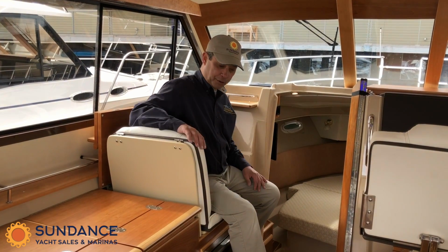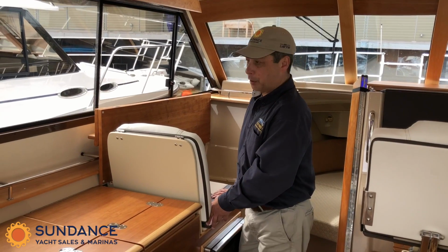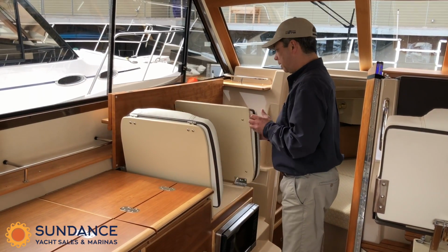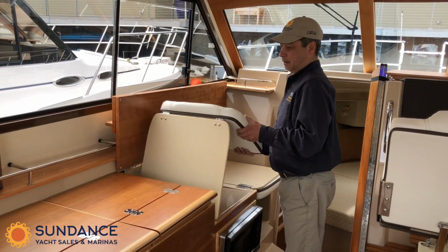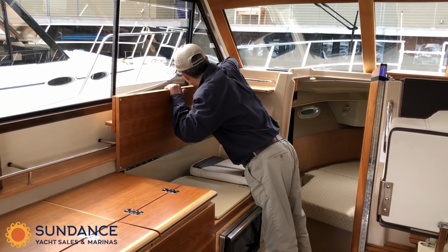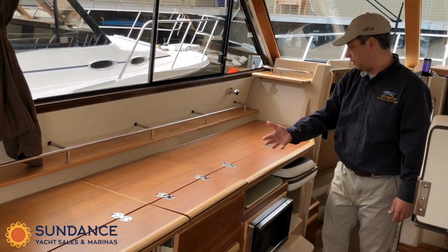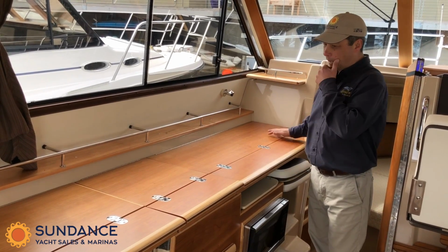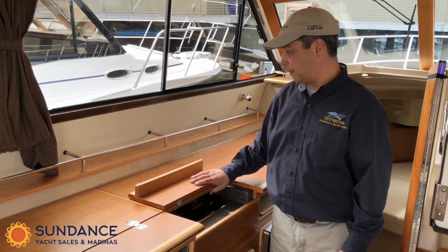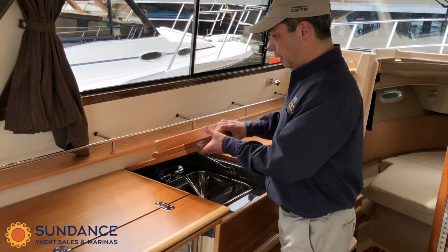Another really cool feature on these boats is the way this converts. Once you're at a dock or at anchor, same deal. This converts like that. Pop that down. You've got all this counter space. See how that just increased all our counter space? And there's three pieces here, so you can use it if you're doing dishes. You can just have the sink exposed. If you're cooking,